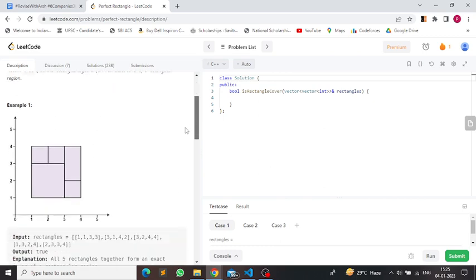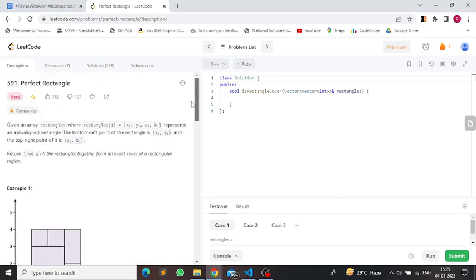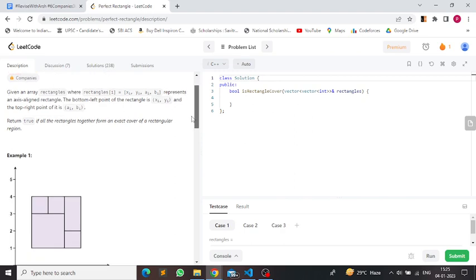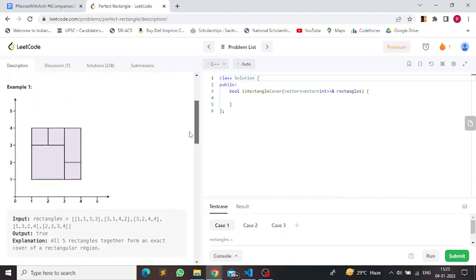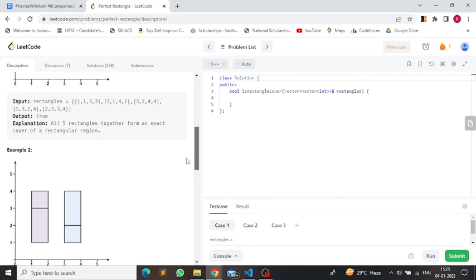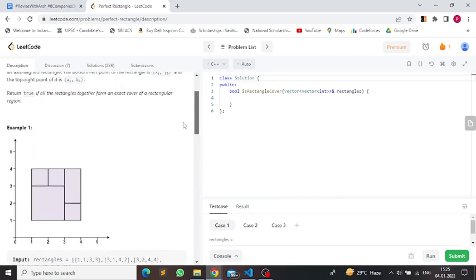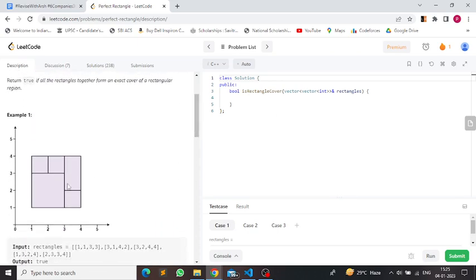So how are we going to do that? So we have to check if there are any overlapping regions or any gaps in between the rectangles. So here if we observe carefully, every time we'll be given the bottom left and top right. So if we consider the points,